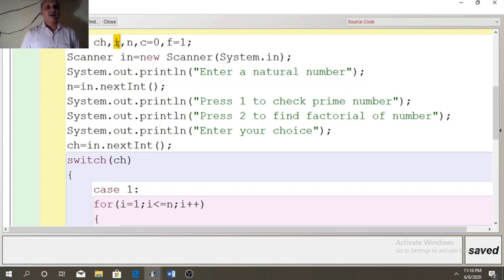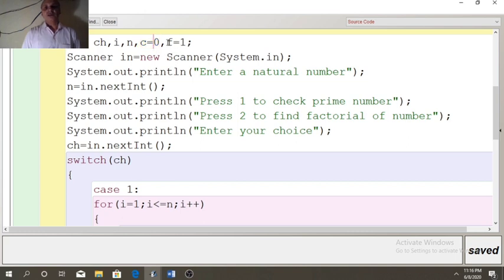I is the loop variable. In n we will accept the number from the user. C is initialized with 0. That is required to count the factors of n. To find the prime number, we need to count factors. That is why C is taken.